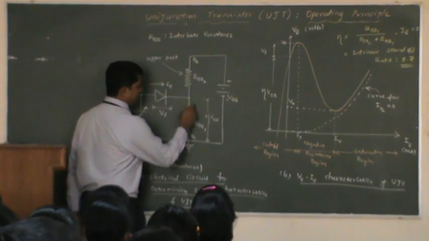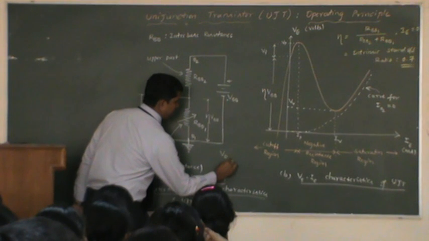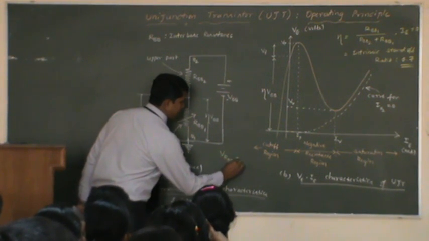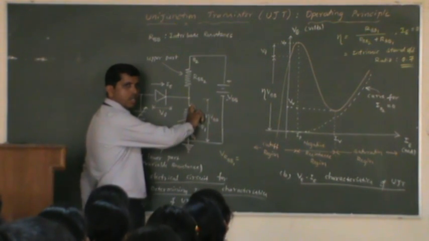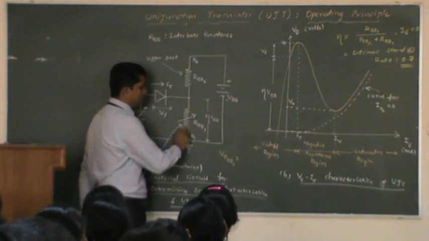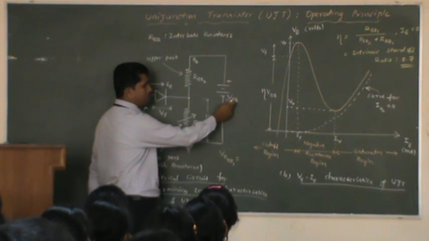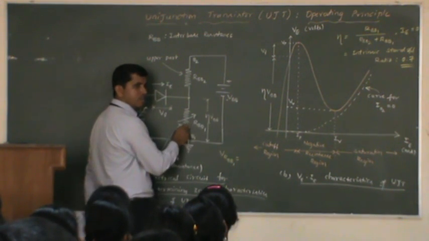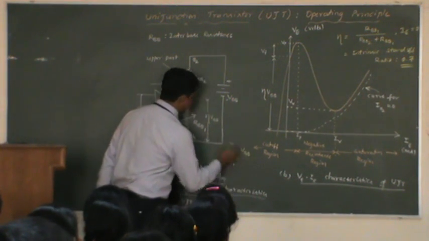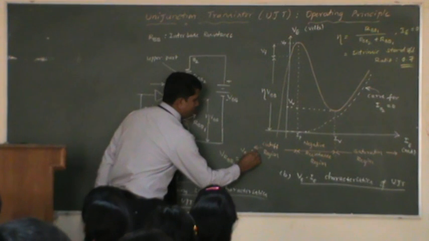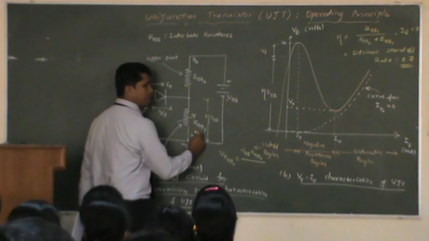Let me write here the voltage across RBB1, V RBB1, which is equal to, applying the voltage division rule, the supply voltage VBB times this resistance RBB1 divided by the sum of these two resistances,